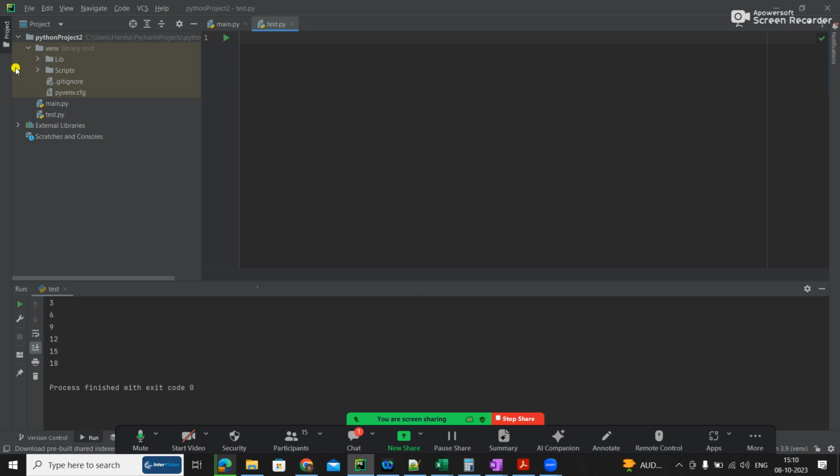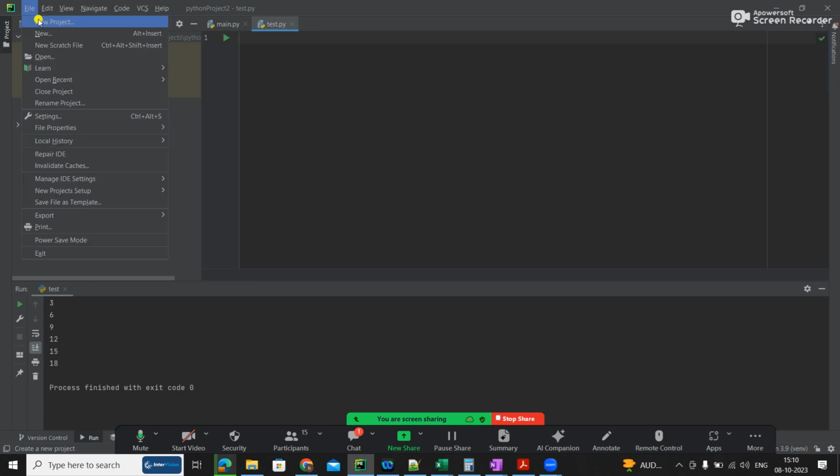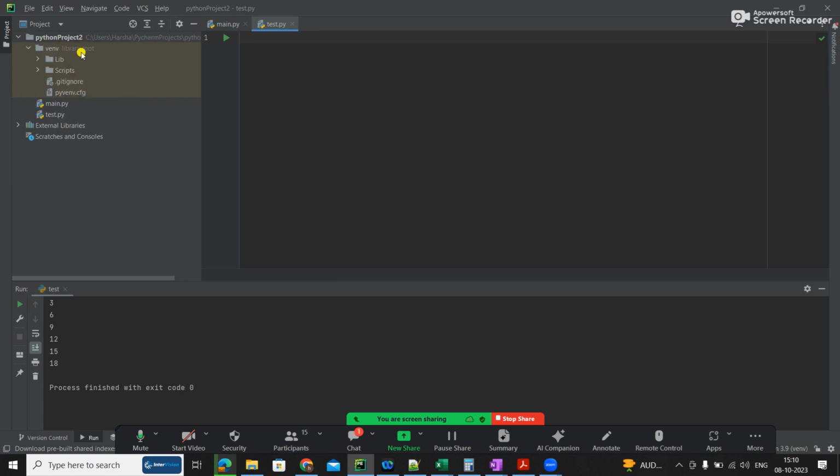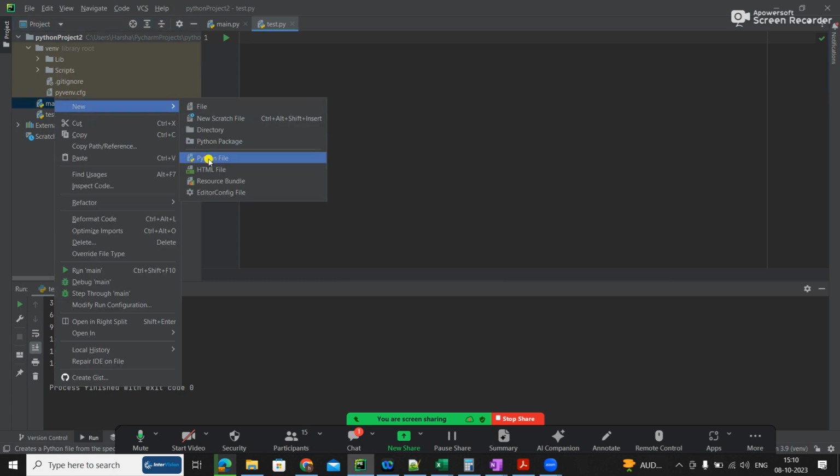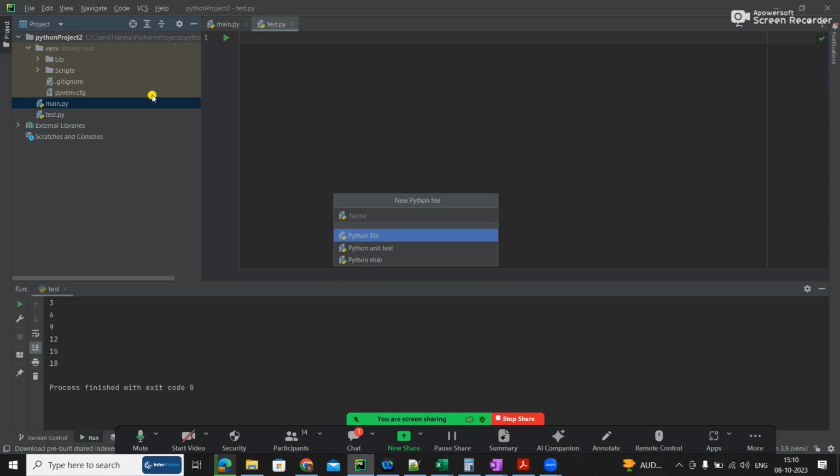As you know, once you install, there will be one folder, or you can also create it via File, New Project, but by default once you select, the project or a folder gets created. Inside that there will be a list of different files, so don't worry about all the things. Just right click and start creating your Python file. If you start delving into a lot of things, it's not required. Right now what is required is, as a developer, how to solve the problems, and also in the interview that is what they ask.